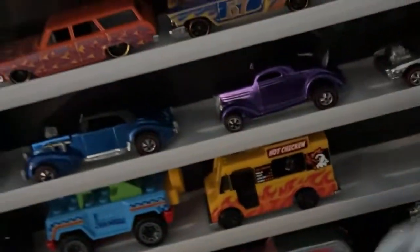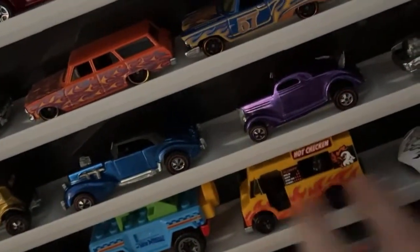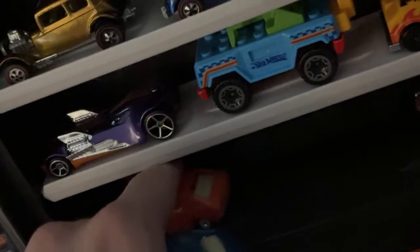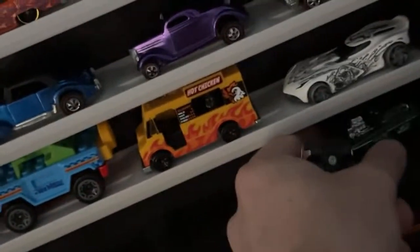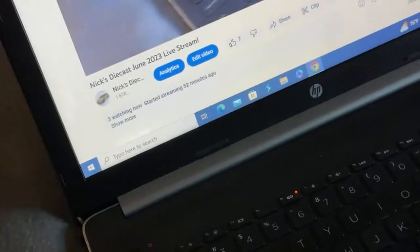There's that truck in there. Fast Feline, I think that one's called, the one I just had in my hand. We'll take this bottom row out. I'm not sure what I'm putting in there yet. We will see. All right, I'll wrap things up once I have this side complete. Okay, what should we do? Oh, these were already taken out, so we're...